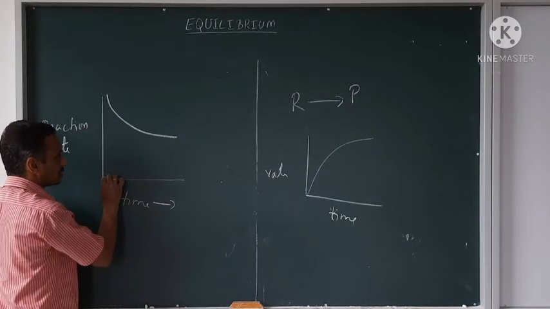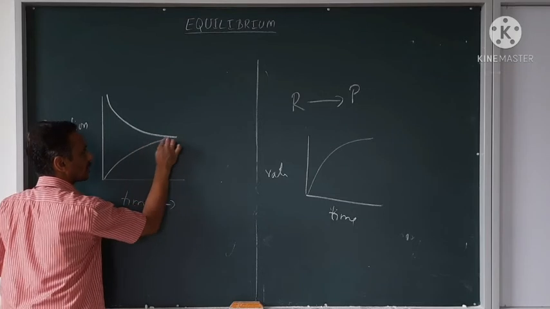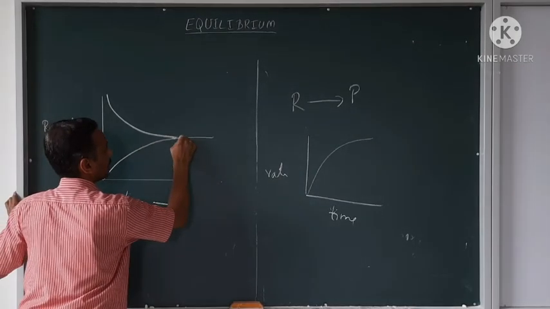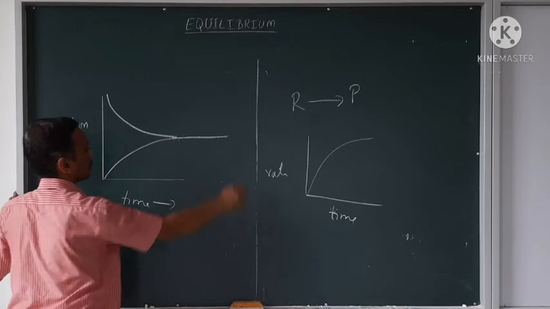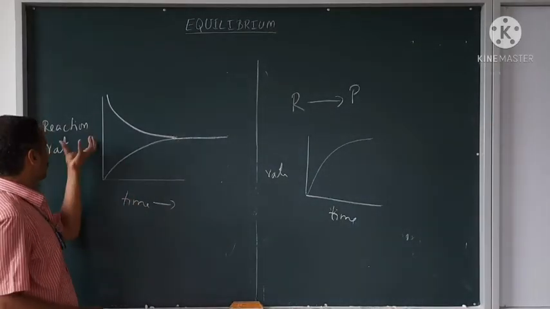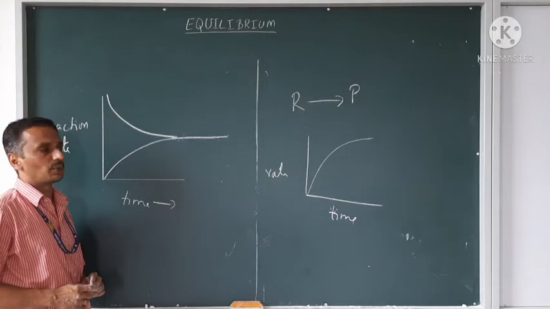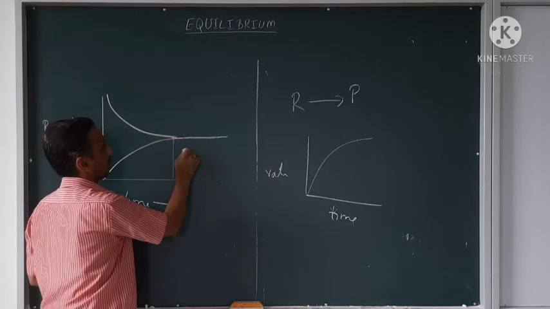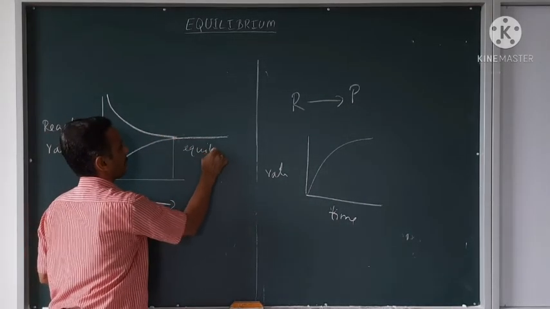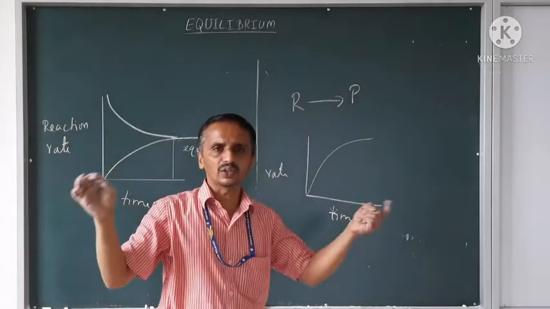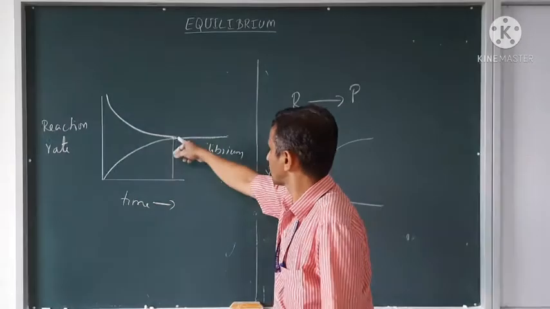Now, you see this is for the product. At a certain time the graphs coincide with each other, they go together. This is the graph for time versus reaction rate for a reversible reaction. Once this point is reached, the reaction is at equilibrium, because the rate of forward and the rate of backward reaction are equal to each other, so they are going like this.